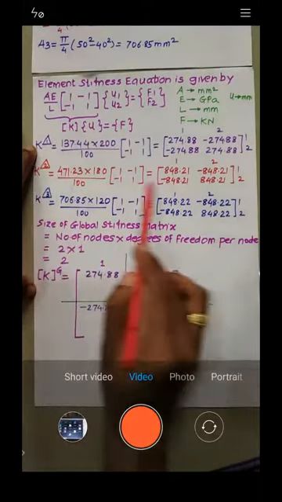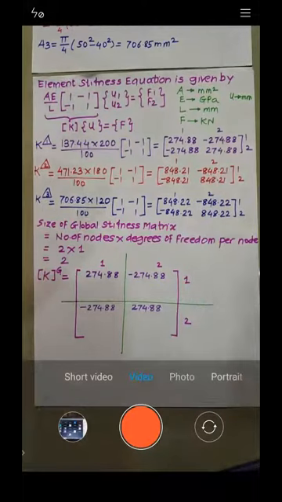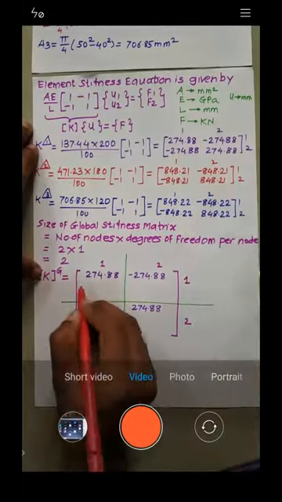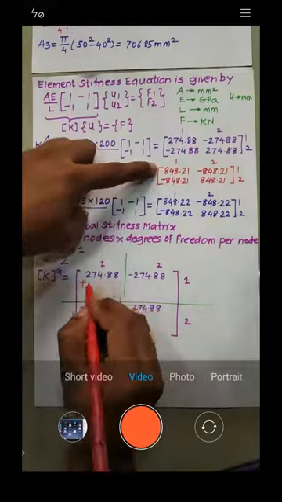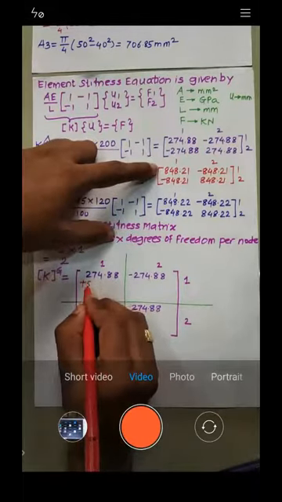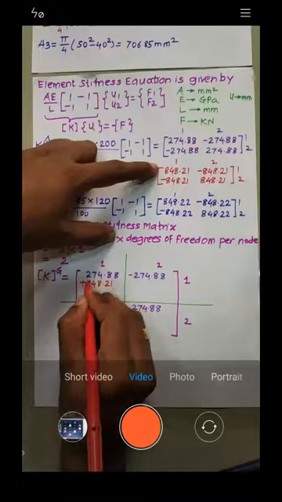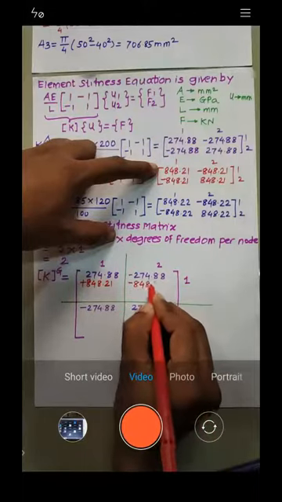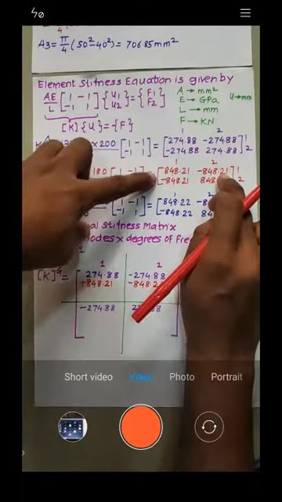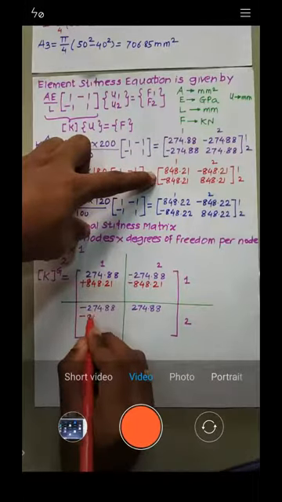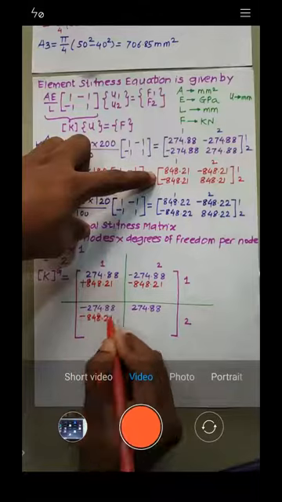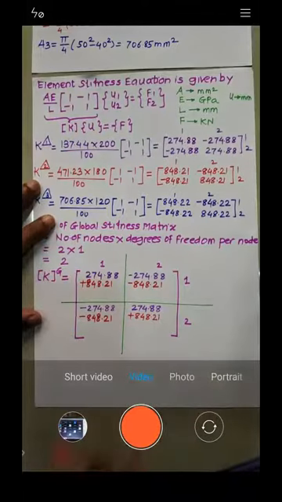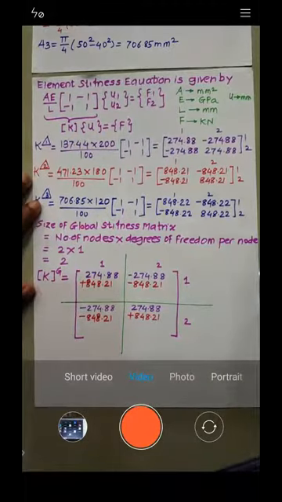Okay, second matrices. That is basically the element stiffness matrices for the second element. Let's start. It is again straightforward. 1, 2, 1, 2. So I'll go like that. See, I'll write on this term. This is a plus value, no? So this is plus 848.1, plus 848.1. Here it is minus 848.1, then again minus 848.1, minus 848.1. Then plus 848.1, plus 848.1. Right? This is all about the second element.